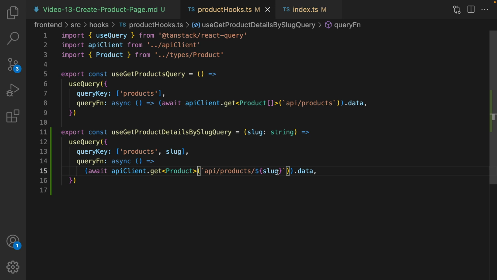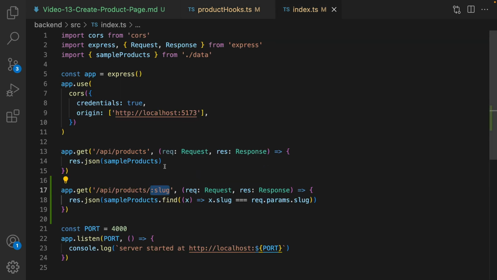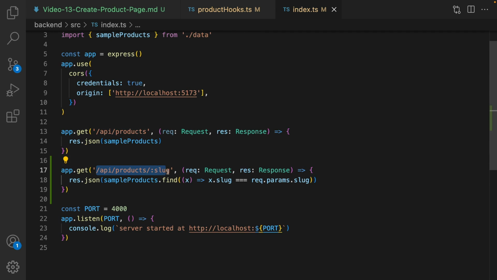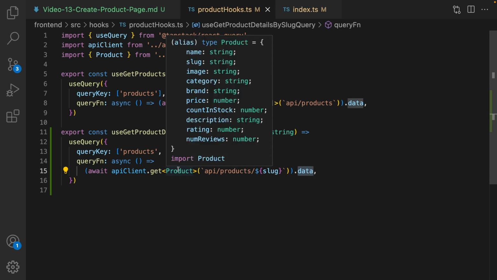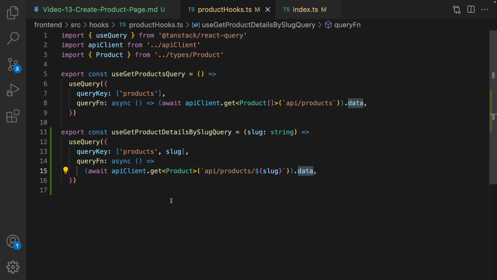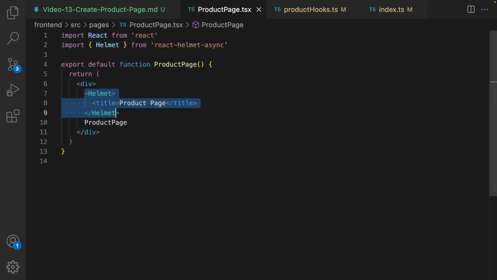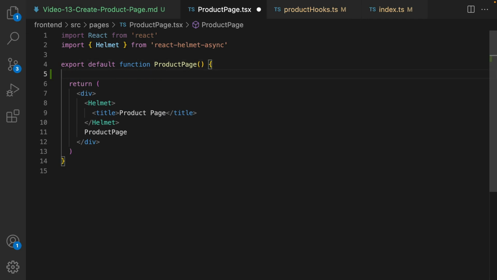The address to send the request is API/products/slug. It's exactly like what we defined in the backend. And from this response of Axios, only get the data, which is the product object. Save it, and let's go for the next step and use this query. Go to ProductPage.tsx. At the very beginning, we need to get a